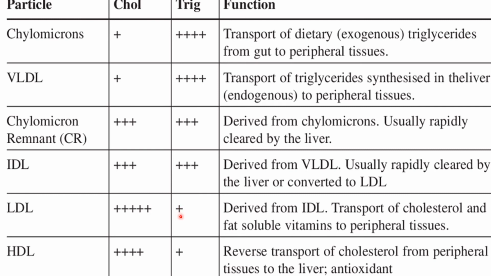So TAG content is decreased, but the cholesterol amount is there, and this is the reason why the LDL molecule is called bad cholesterol. So LDL mainly transports cholesterol from the liver to the peripheral tissue,